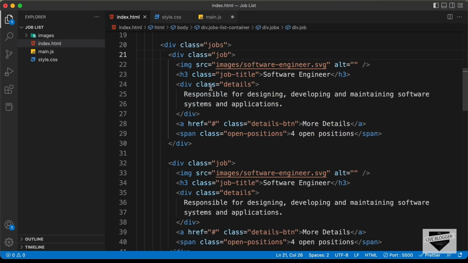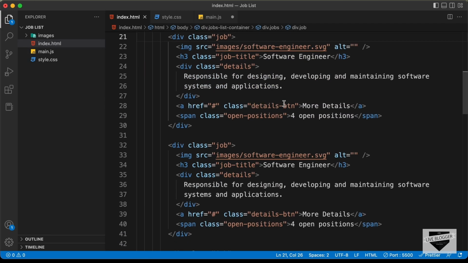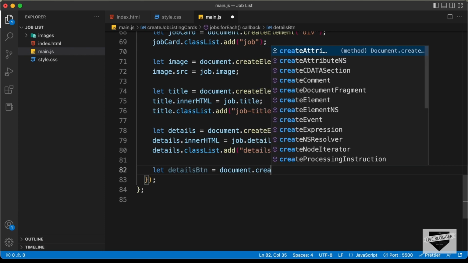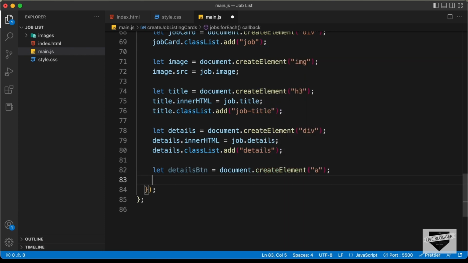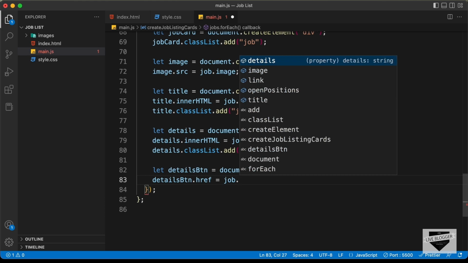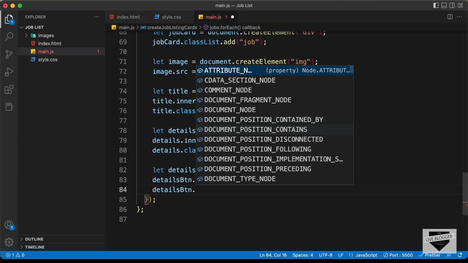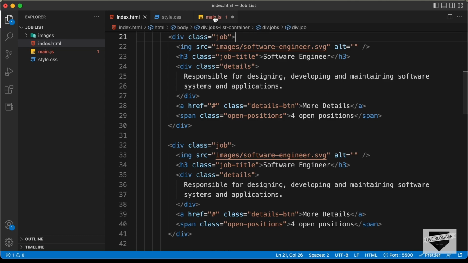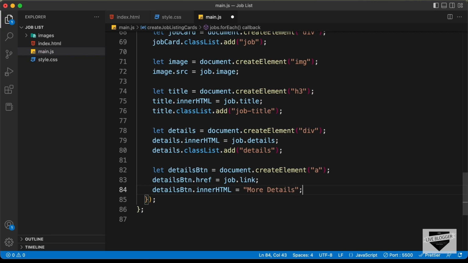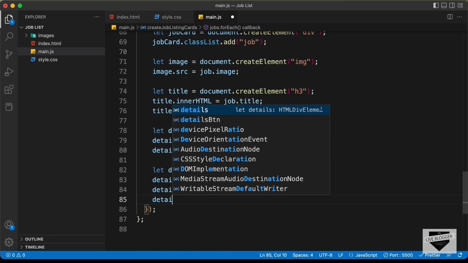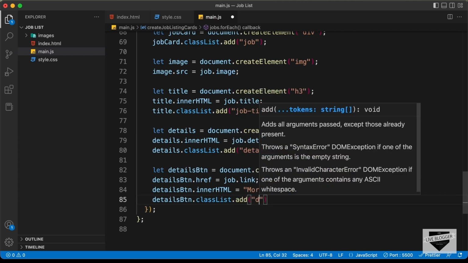Right now let's go back and we need to create this anchor tag with the class of details-btn, and we also need to add the href of the link of the job. So let's create an anchor tag. I'll just call it detailsBtn equals document.createElement, and let's create an anchor tag, and let's type detailsBtn.href equals job dot, and here we have this link, and then we need to type detailsBtn.innerHTML equals. So if you go back to the index.html file, here we can see it says more details. So let's add that over here, more details, and then lastly we need to add a class of details-btn. So let's type detailsBtn.classList.add details-btn,